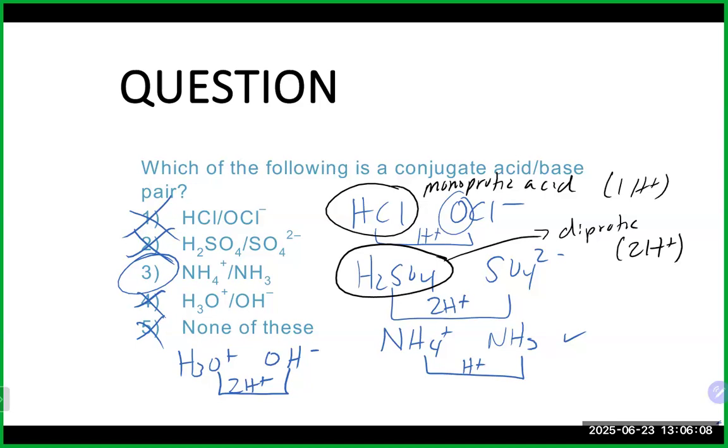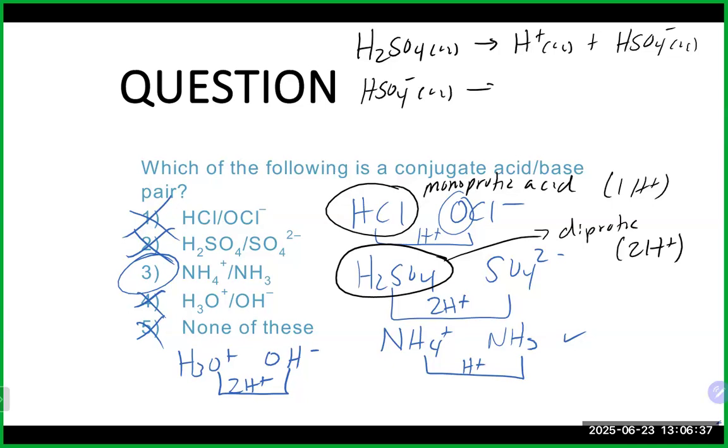They actually come off one at a time. They don't both just drop off, even though when you look at equations, sometimes it appears that way, because what you're looking at is the overall equation of what's happening. What would actually happen here is the sulfuric acid would dump one H plus first and create HSO4 minus. Then HSO4 minus will dump a second hydrogen off and become SO4 2 minus in this case. It occurs in a stepwise fashion, and that is why this guy here